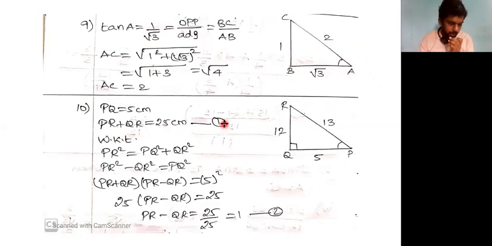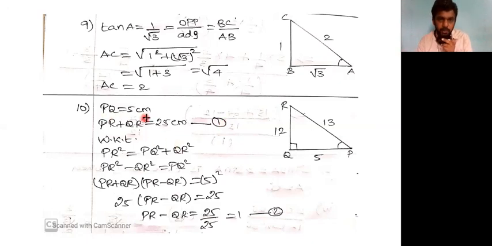Moving on to the 10th question. In triangle PQR, right angled at Q, PR plus QR is equal to 25 centimeter and PQ is equal to 5 centimeter. So we have a little twist in the question which has to be handled carefully. Determine the value of sin P, cos P and tan P. If we find all the three sides of the triangle, we can find the ratios easily. The thing is, we have to find the three sides of the triangle.